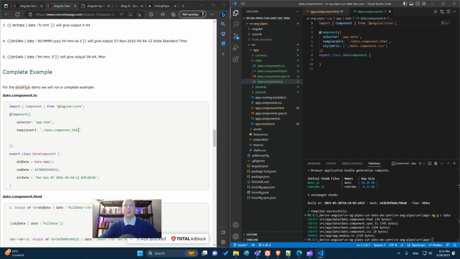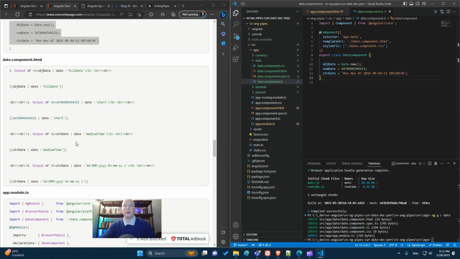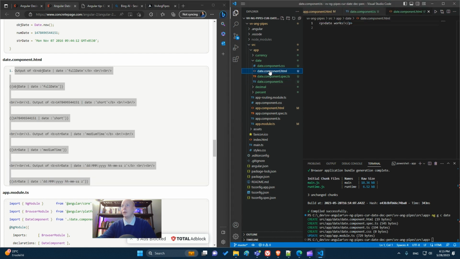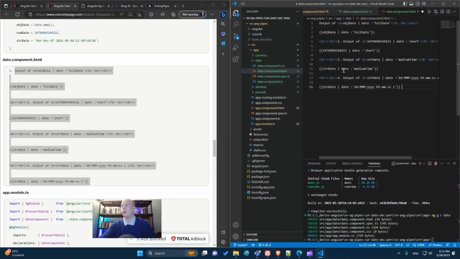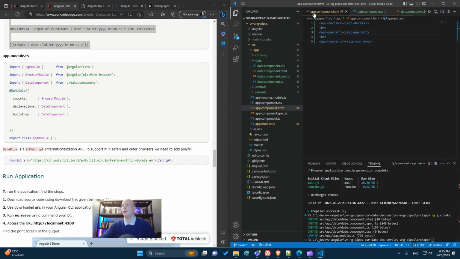In that component, see, there is a free expression. Update, okay, save. On the template, I put copy paste, save, and then in the app module, I just have to add the date pipe.